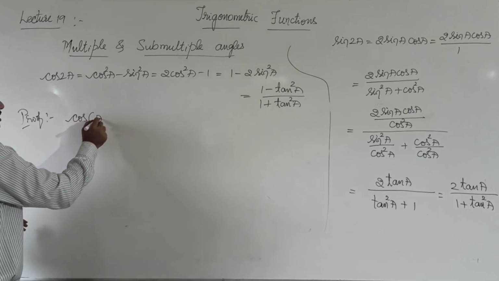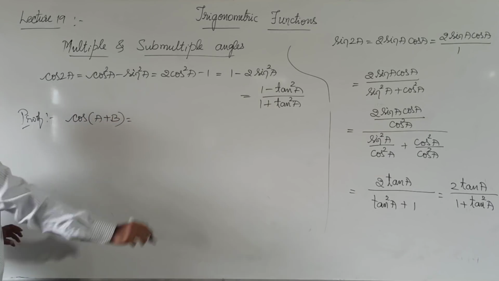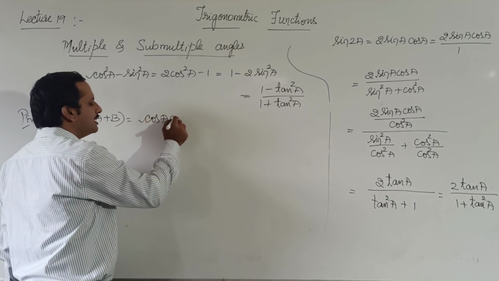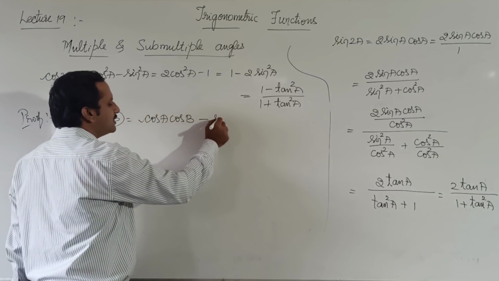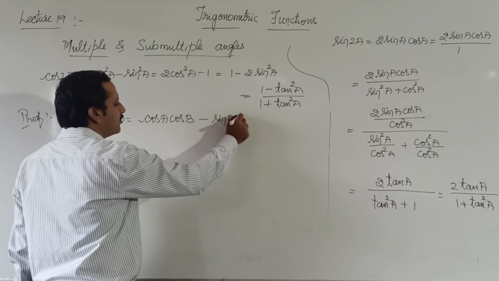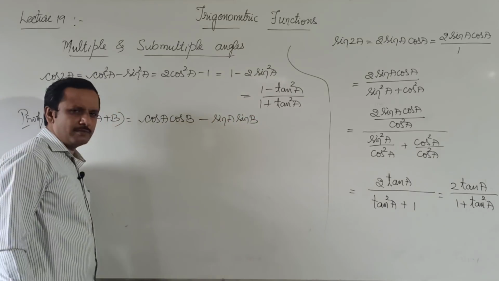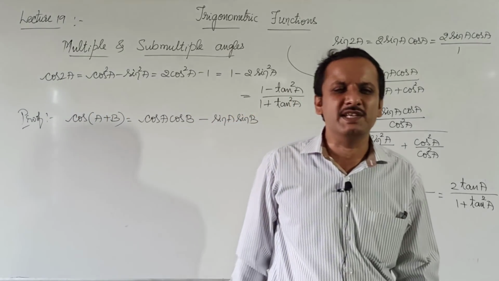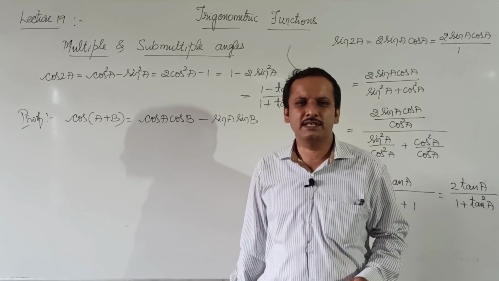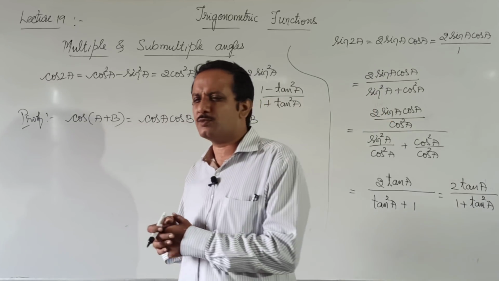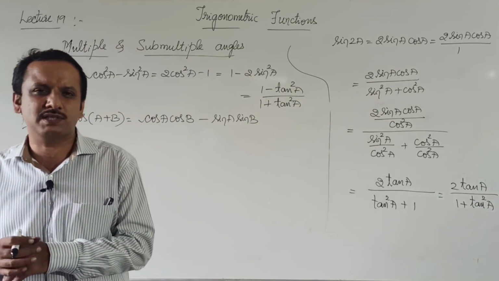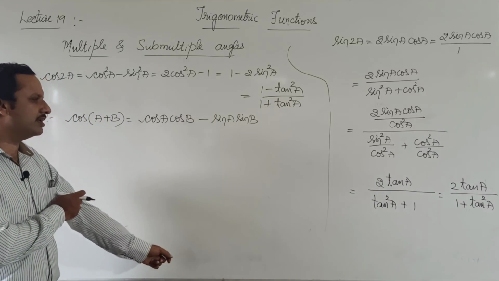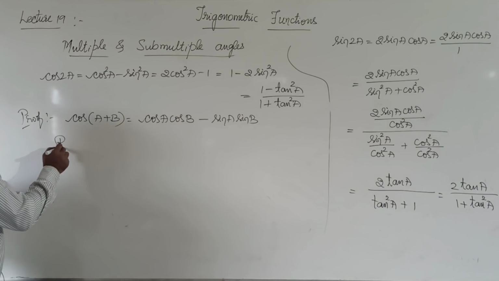Cos A plus B. Cos A plus B formula you know. What is cos A plus B? Cos A plus B is equal to cos A cos B minus sin A sin B. This formula you know, you have derived this. Yesterday also in the maths paper the same question was there. It was in terms of x and y. Derive a formula for cos x plus y, right? So cos x plus y is equal to cos x cos y minus sin x sin y. That means cos A plus B is equal to cos A cos B minus sin A sin B. Okay, in this, replace B by A.